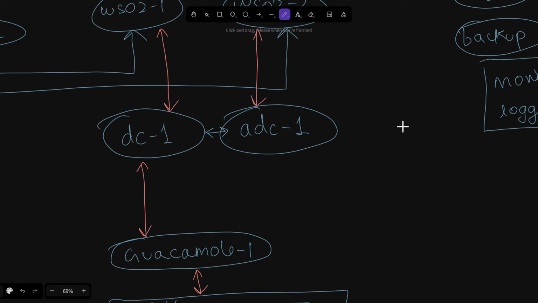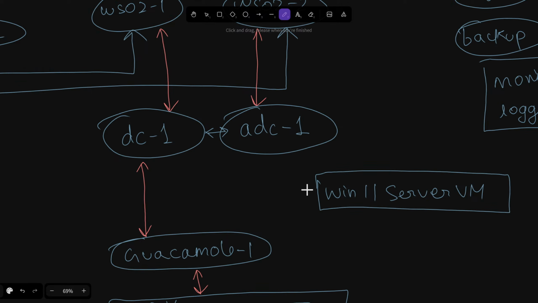For example, I actually need a Windows VM server. Windows, let's say Windows 10 or Windows 11, server virtual machine. And this virtual machine will help me to make the policies for any Windows-based account.